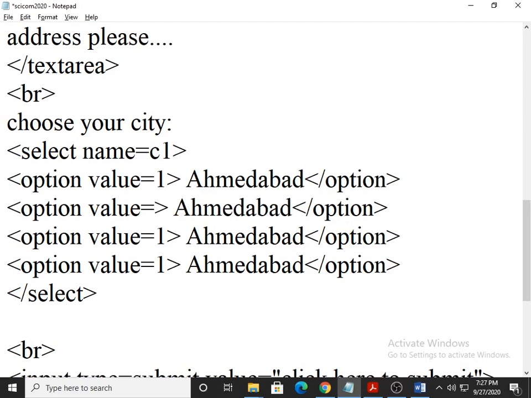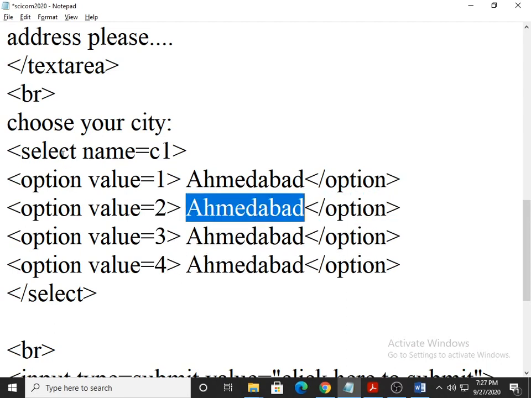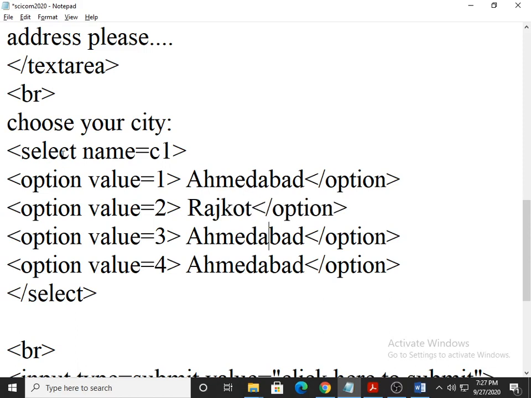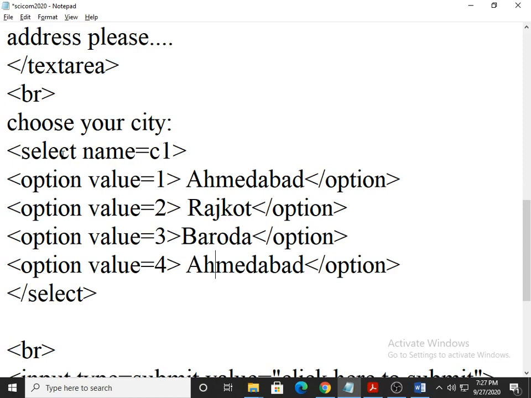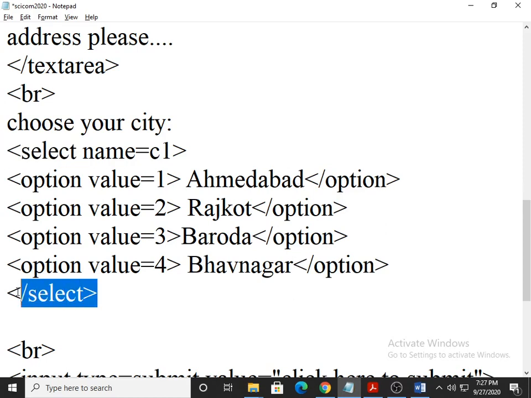Option value 2, 3, 4, and then I go for Rajkot, Baroda, Bhavnagar. If you notice, all option and /option are between select and /select.